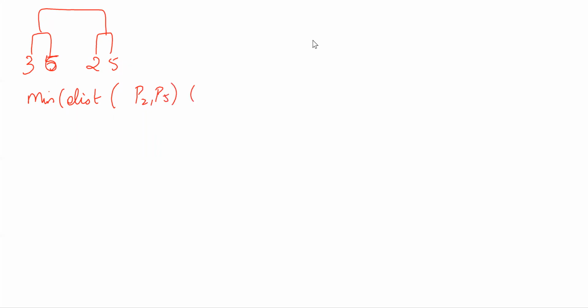So I have 3 and 6, 2 and 5 as the clusters. Now I have created a bigger cluster considering them. So now I have to identify the minimum distance of P2, P5, P3, P6 with P1, in the sense first with this, second with this. P2, P5, P1, P3, P6, P1, because I already have these values from the table. So I'm going to take that.